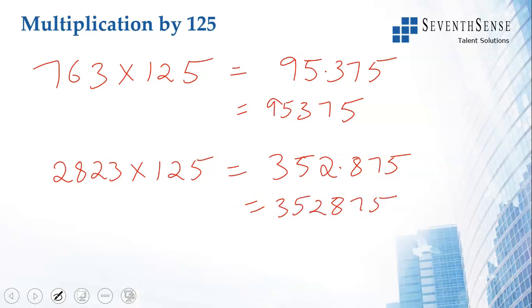If I was solving this in the exam, I wouldn't even write this step. I would just directly write here. With sufficient practice, even you can get it. I'm just writing it here so that you know 0.875 is to be written after the decimal.